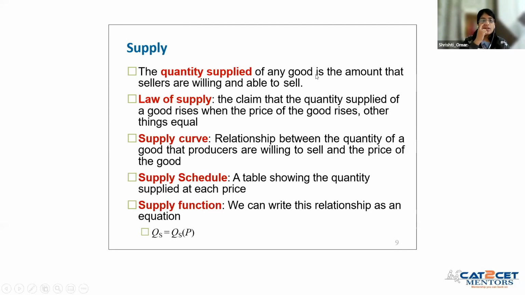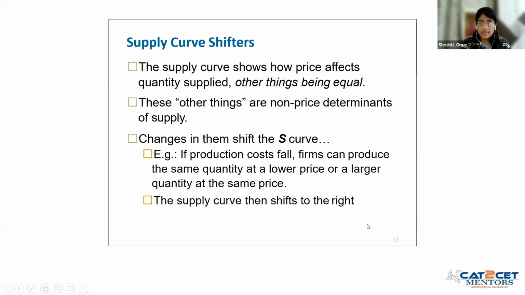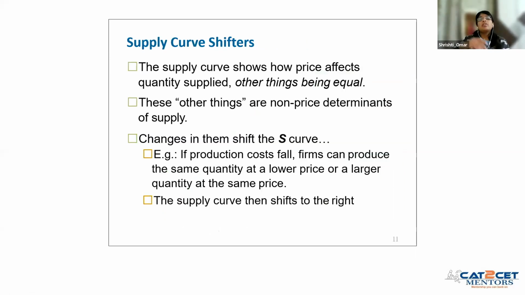Okay. And similarly, like we saw the demand curve, we'll see the supply curve and the function as well. So this is upward sloping because we have a direct relationship. As price rises, quantity supplied also goes on rising. Now, if anything happens to price, we can directly show the impact on this curve itself. That is movement along the supply curve. Then we have to talk about the things that shift supply.